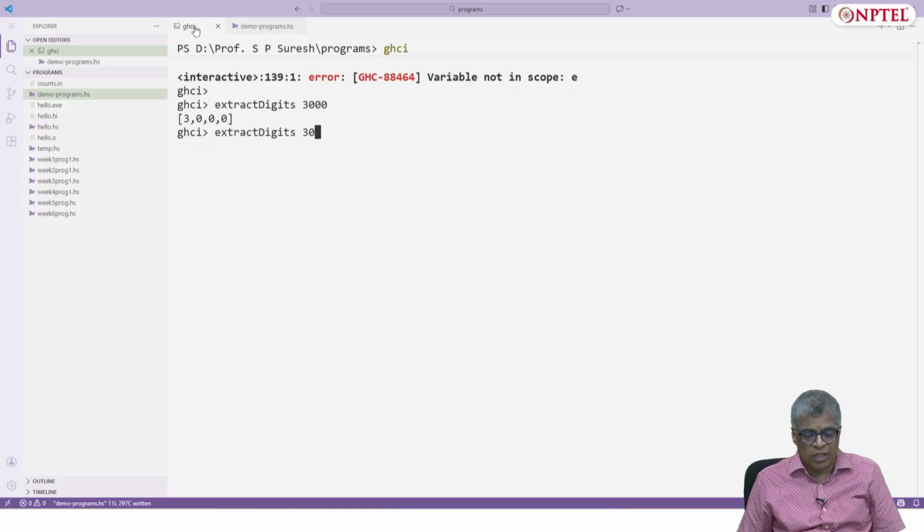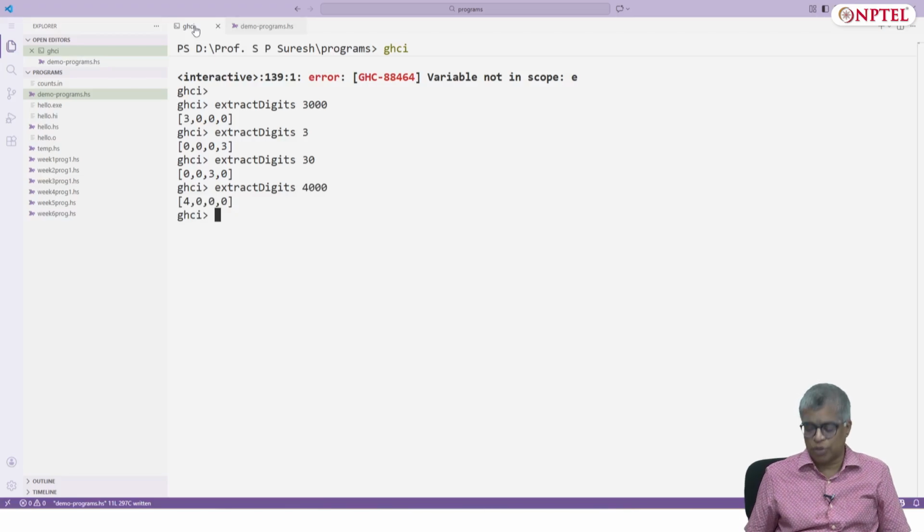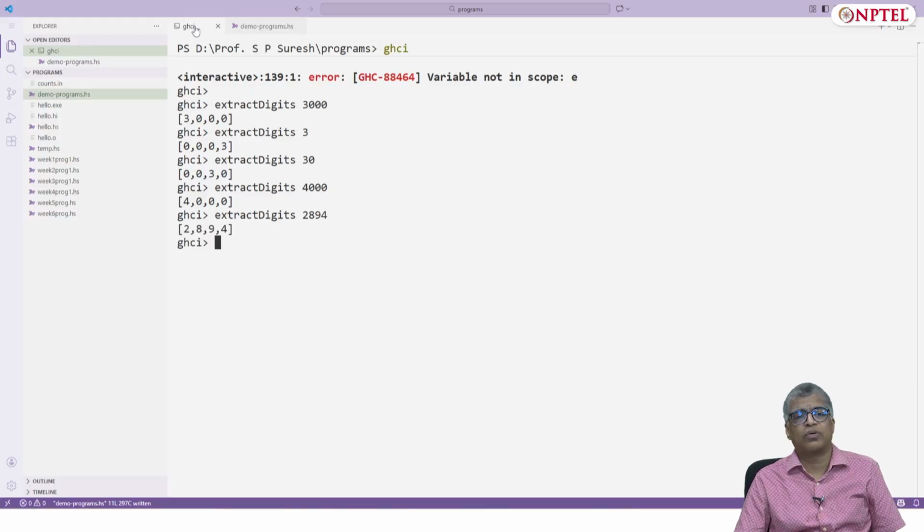Extract digits of 3 will give you 0003. 30 will give you 0030. 4000 will give you 4000. 2894 will give you 2894. Okay, fine. So this works.